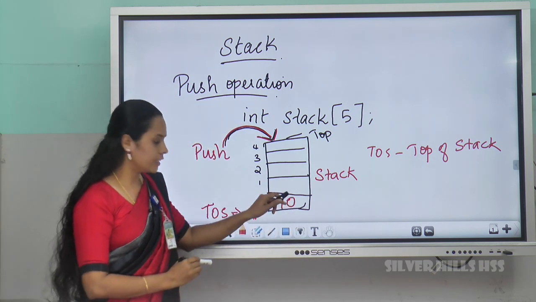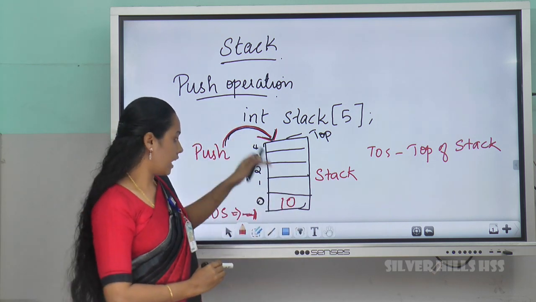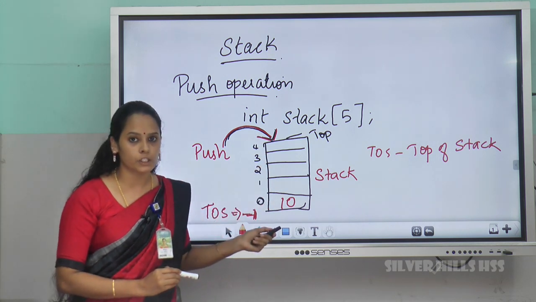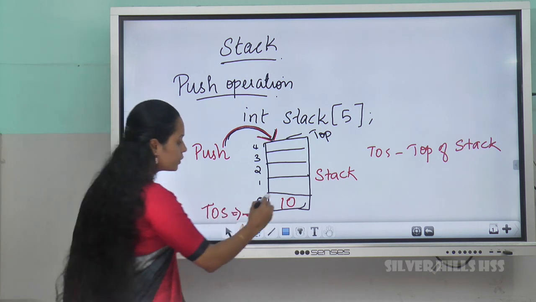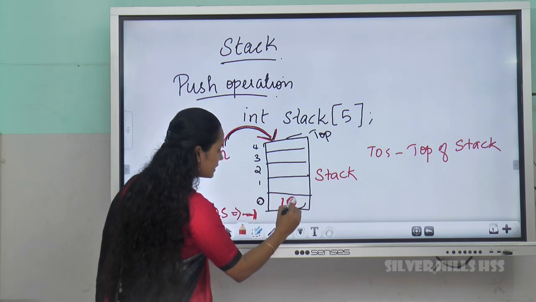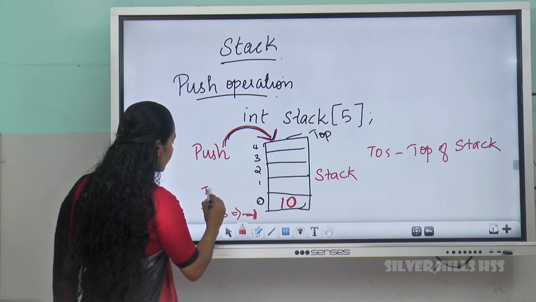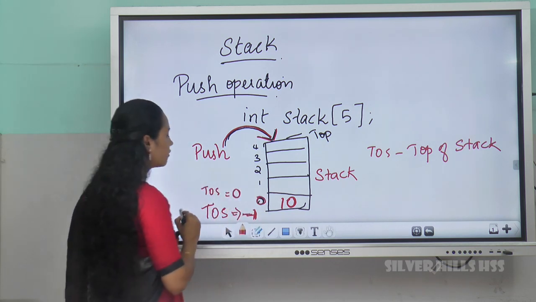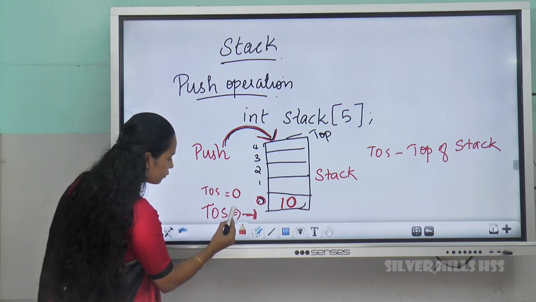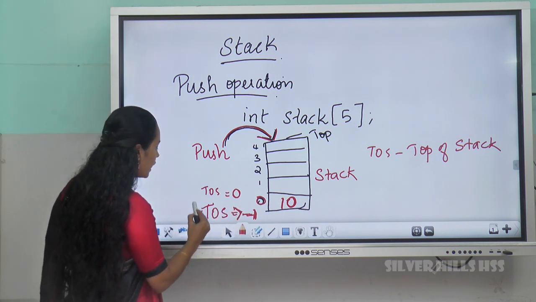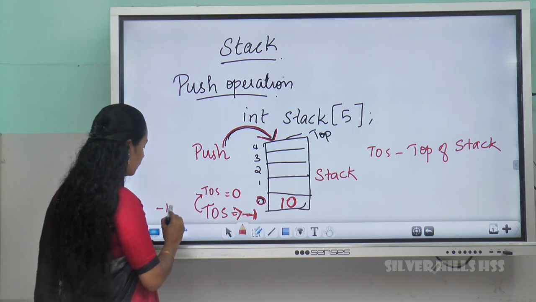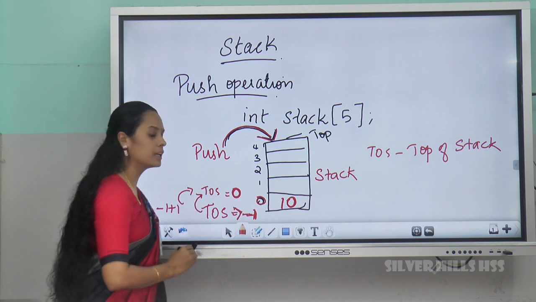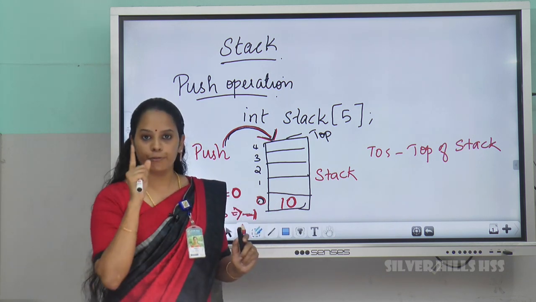10 is inserted into the stack, and I told you we have only one end to perform insertion, and the first inserted element will be in position 0. So if you are trying to insert an element inside the stack at 0, then the top of stack will become that position, that is 0. Top of stack will be 0. That is, we have to increment the current top of stack plus 1, that is -1 plus 1. It is incremented by 1, and the current top of stack will become 0. That contains the first element.